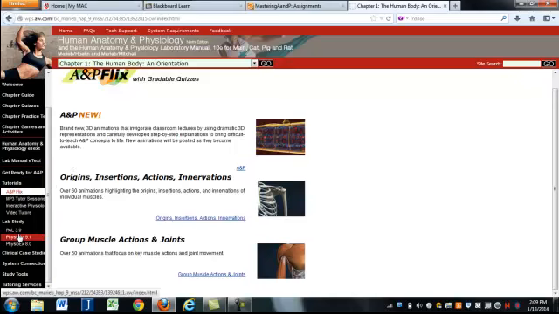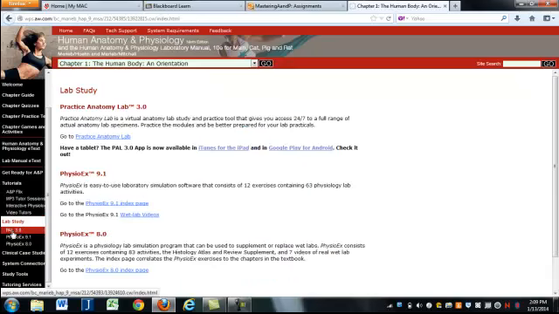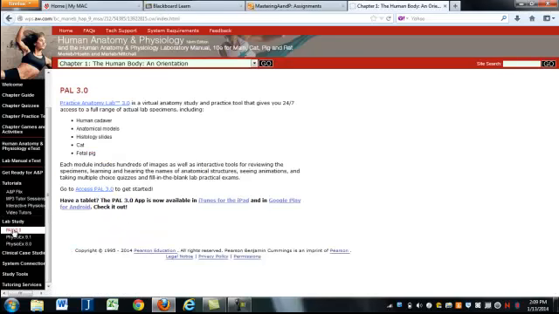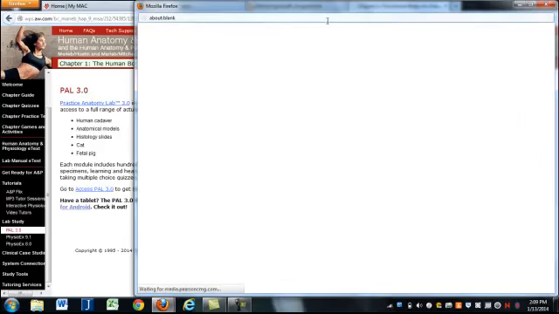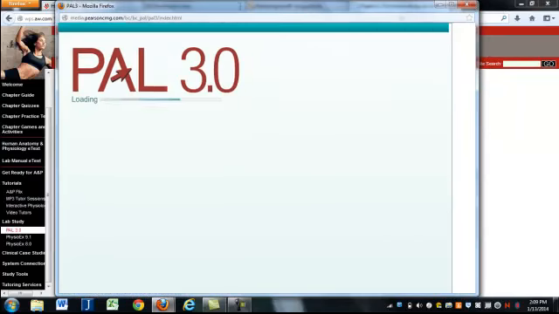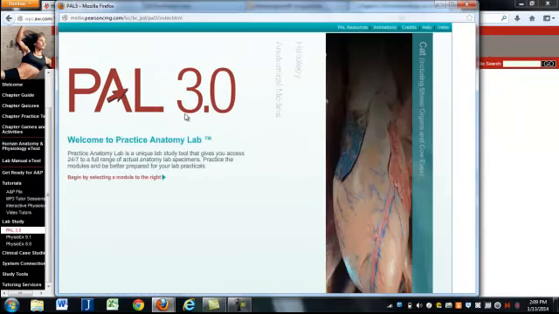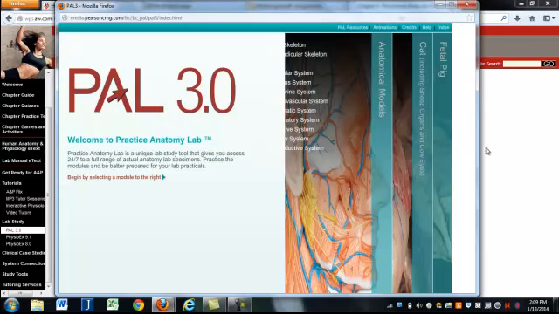Okay. One of the key things is down over here under lab study. There are two different ones that I'll be utilizing. Many assignments are going to come out of this, the PAL 3.0, the Practice Anatomy Lab 3.0. This is a virtual anatomy lab. It gives you 24 access to lab specimens and models. Okay. So if we click on this, it will take you to the Practice Anatomy Lab, and you'll be able to see some of the different